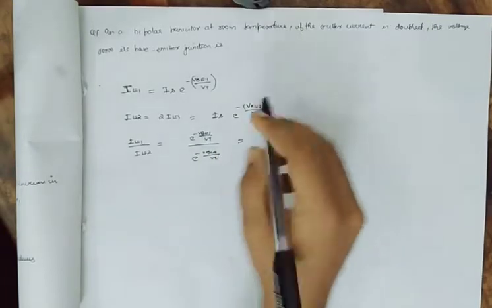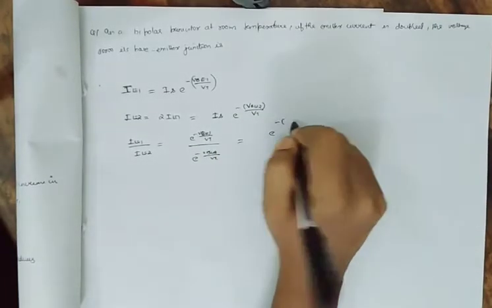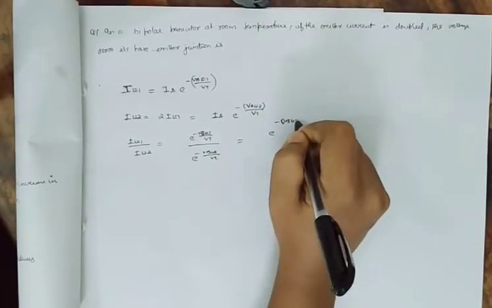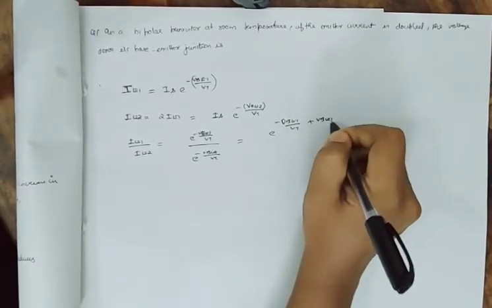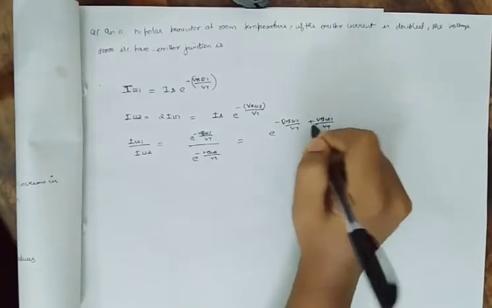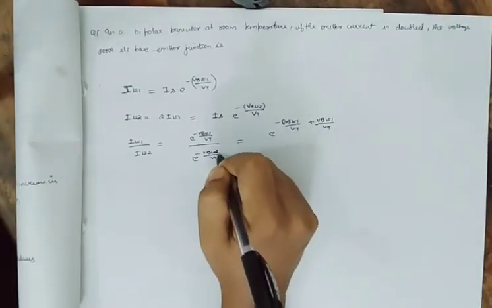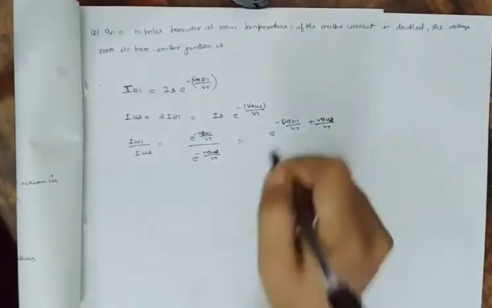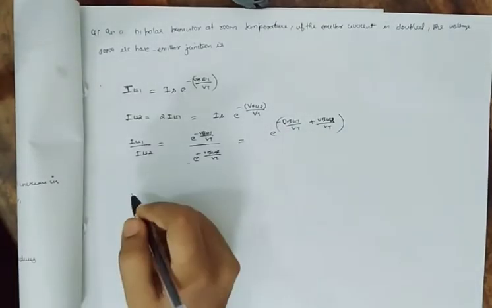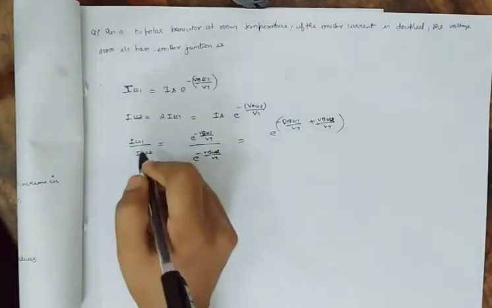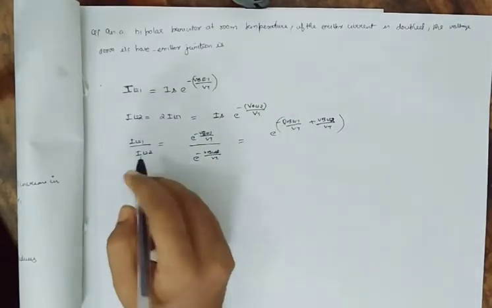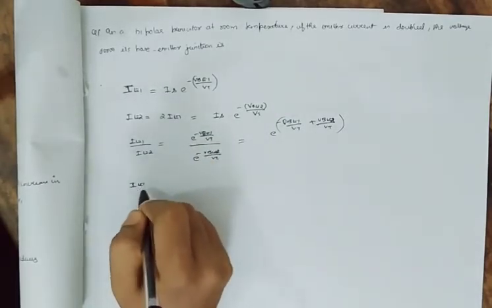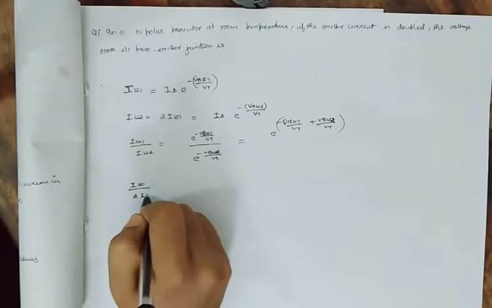If it is going upwards, we get e raised to minus VBE1 divided by VT plus VBE2 divided by VT, sorry, this was E2, right? And IE1 by IE2. What is IE1 by IE2? IE1 divided by 2 IE1,